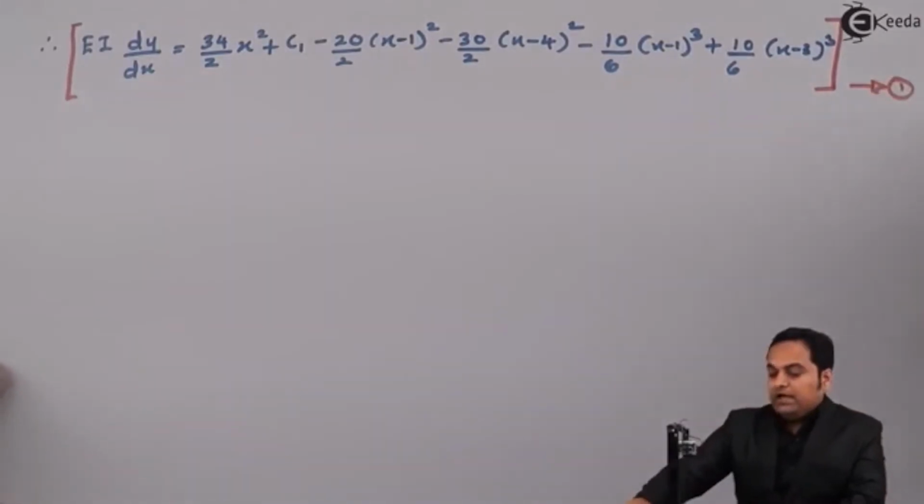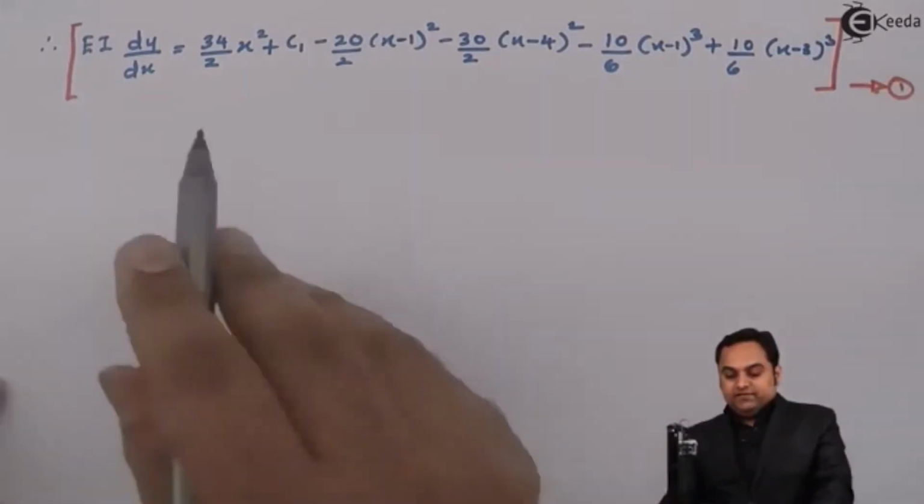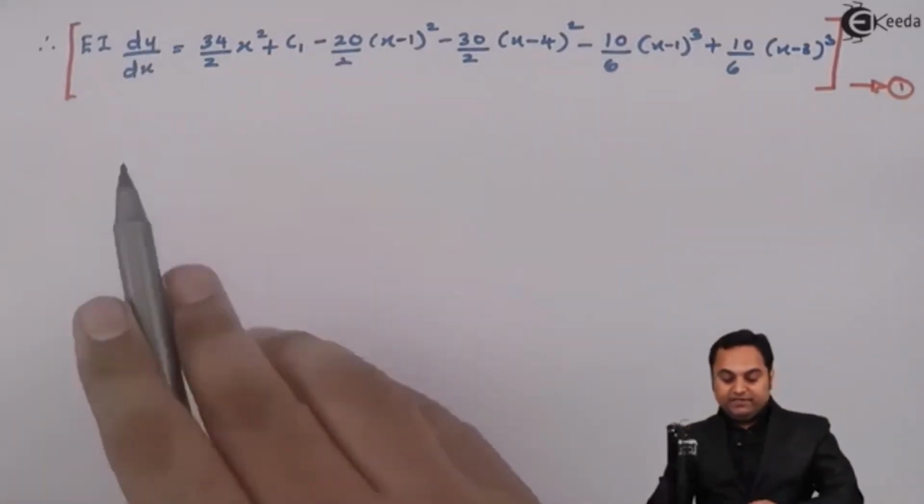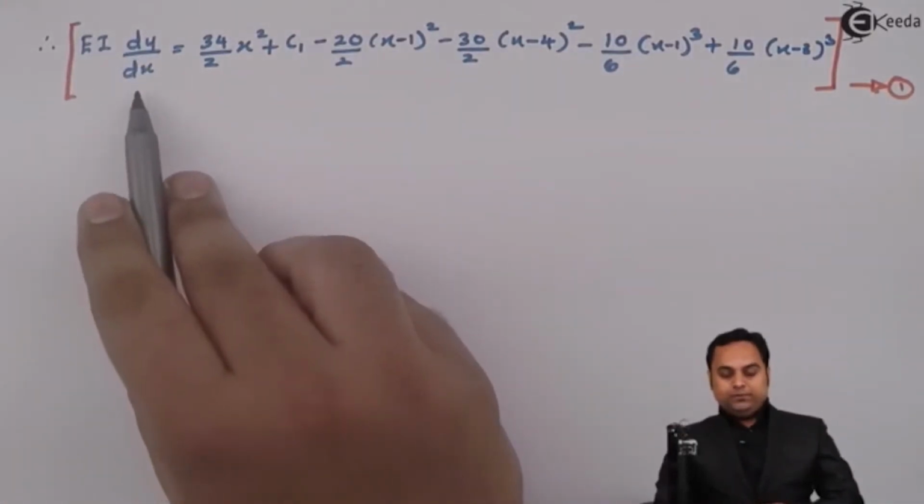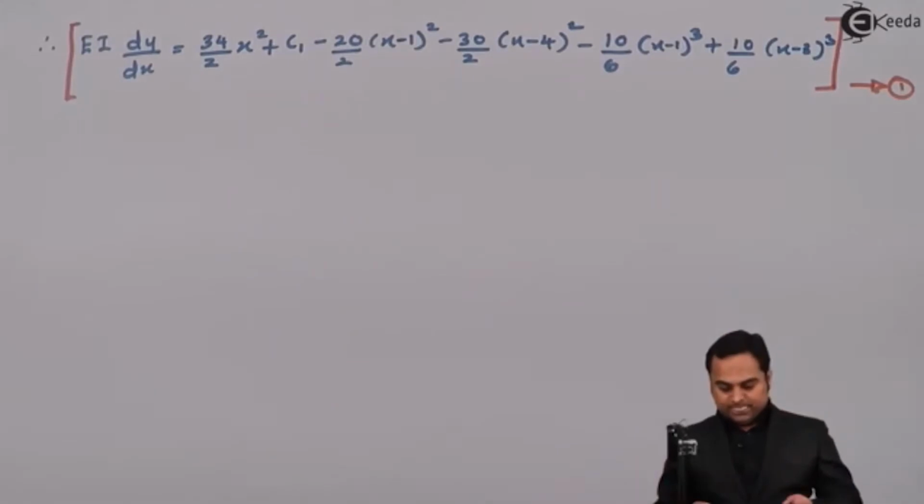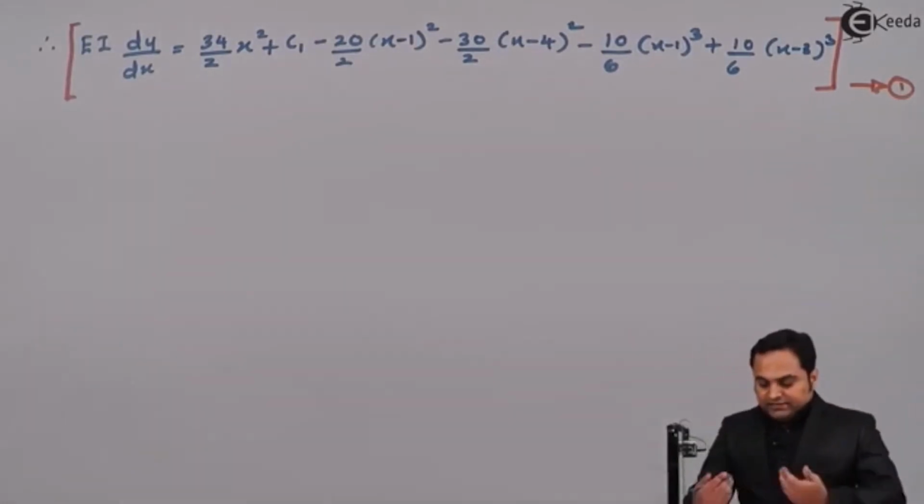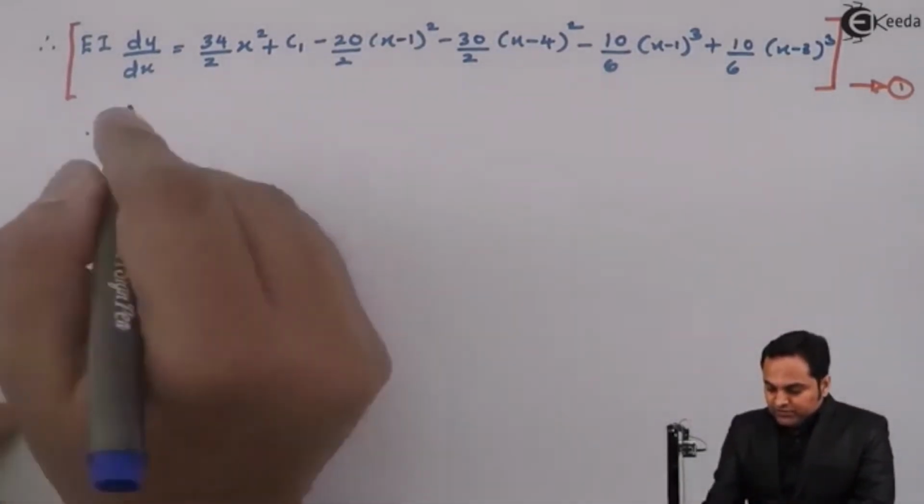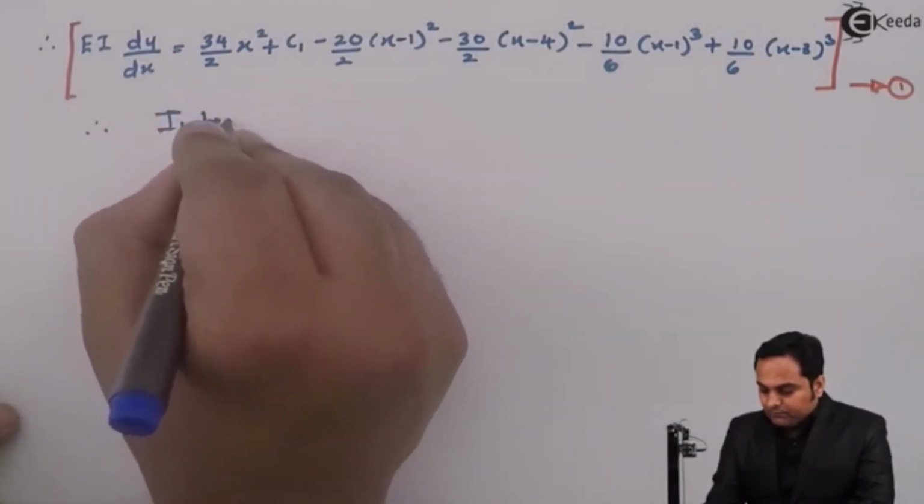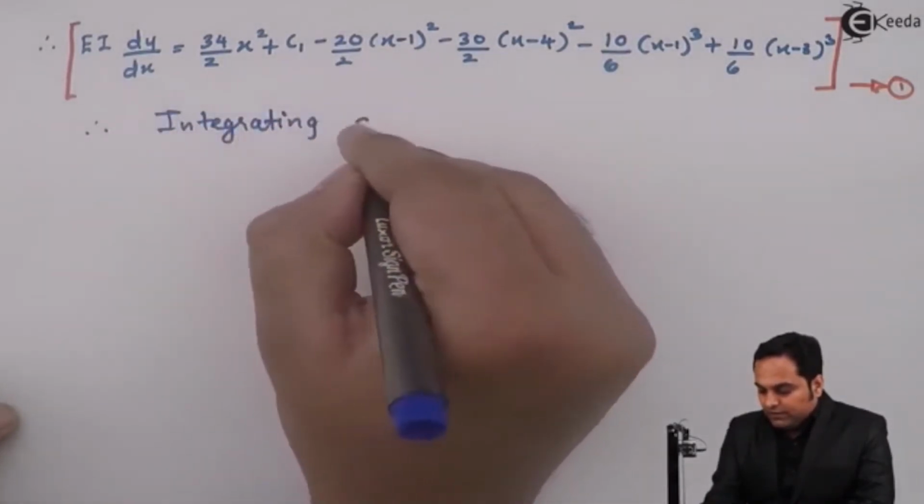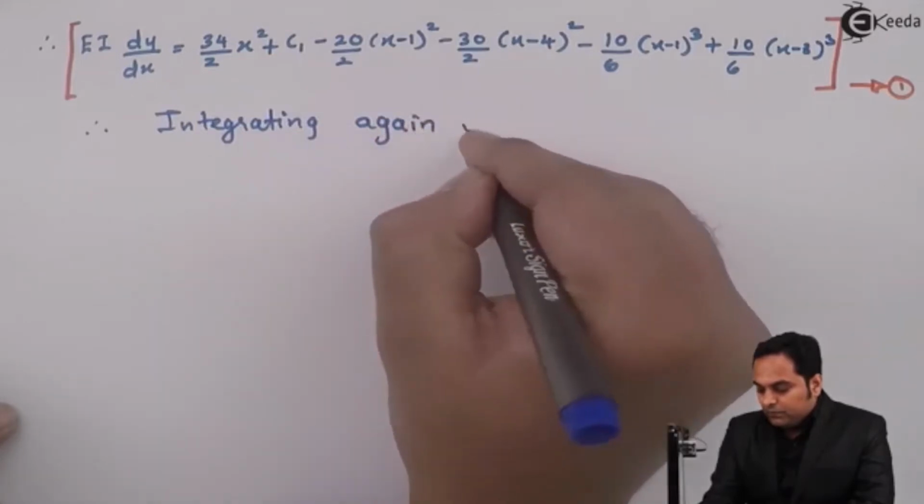Now I have integrated once and I have got this equation. Here we have dy by dx. This is called the slope, and from this we will get the slope equation. Now I'll integrate the slope equation again. Therefore, integrating again, we get,